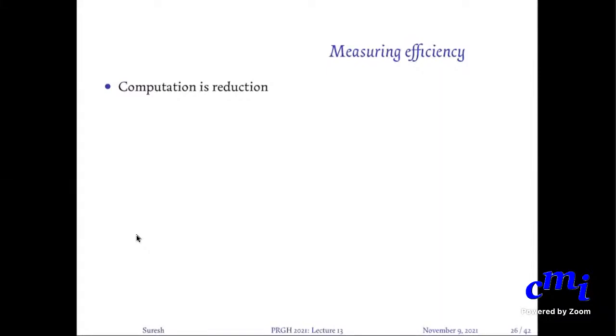So we've been looking at lots of things now. So we said, oh, that is n squared, this is n log n, and things like that. So let us make it all precise. How do you measure efficiency, or how do you measure how a program runs? In Haskell, computation is nothing but reduction. So all you need to do is, if I start with an expression, how many times do I need to keep rewriting till I end at a point where I don't need to rewrite anymore? That is all you need to worry about.